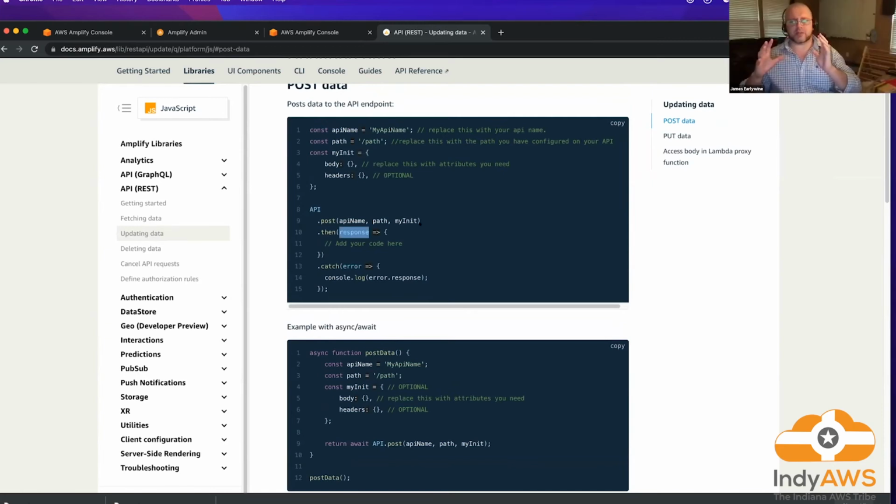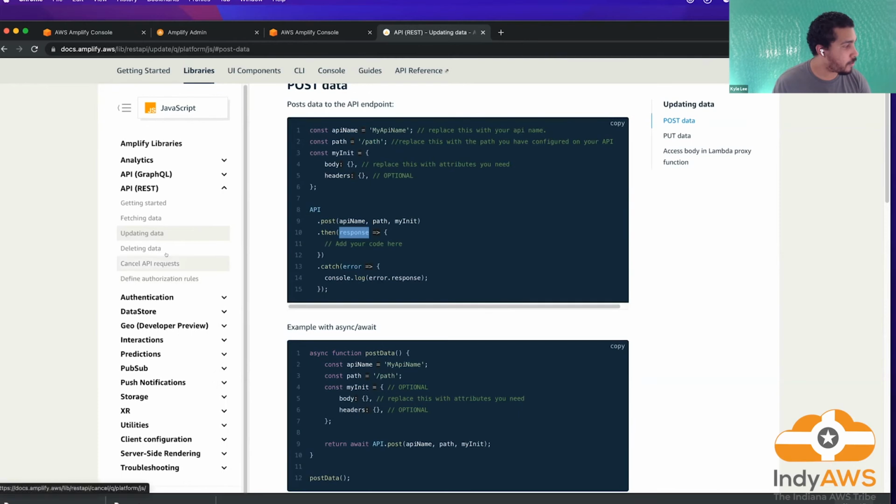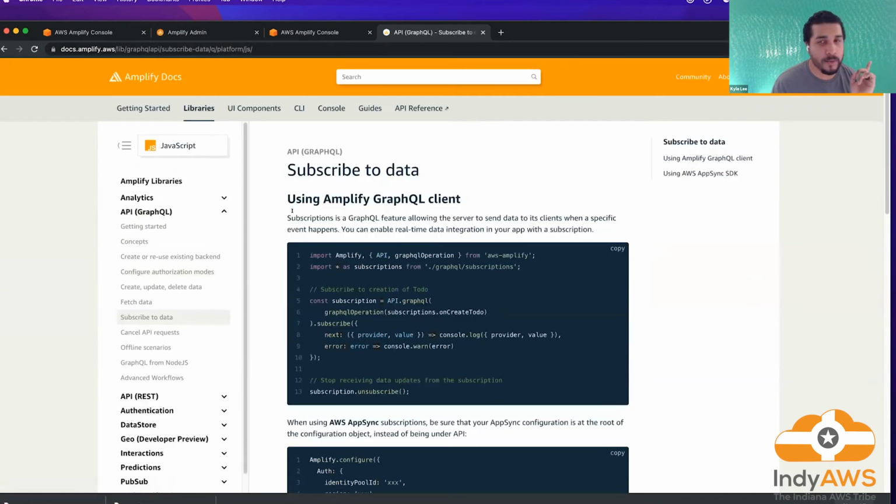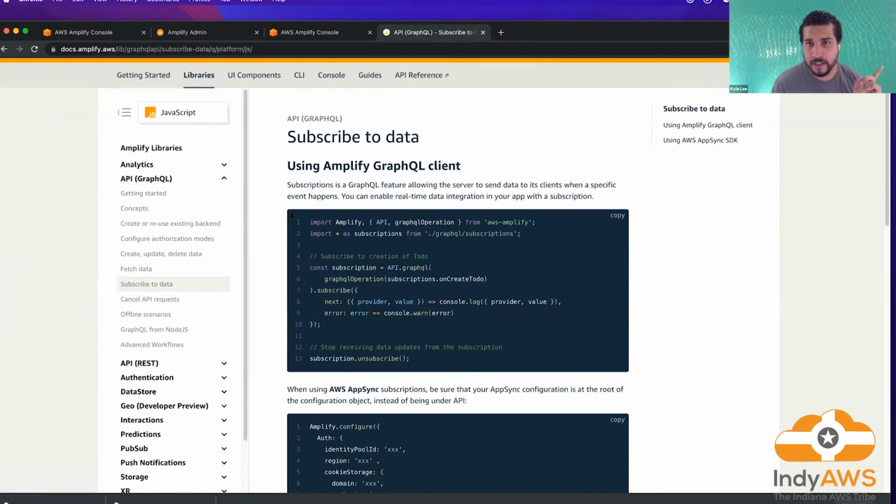Is the Amplify library making HTTP calls, or is it connected via some kind of WebSocket connection? I don't know for certain. It would also depend on the specific request that is being performed. If I had to guess, the query and the post are probably going to be HTTP. But if you wanted to do something like observing data, which I'm not sure if the API can do or not, I do know that you can subscribe to GraphQL changes. I would assume something like that would be built on top of a socket, because it's real-time updates.